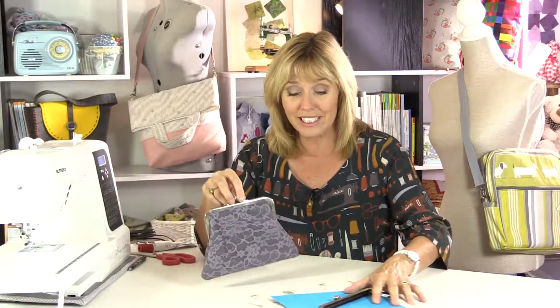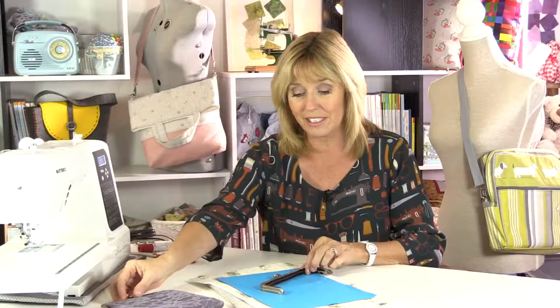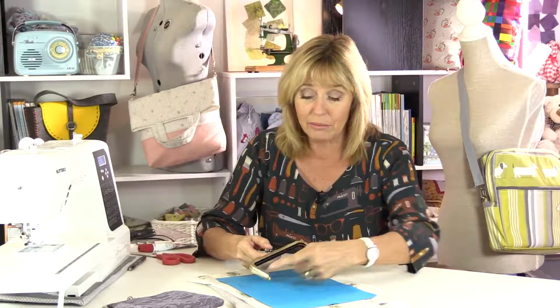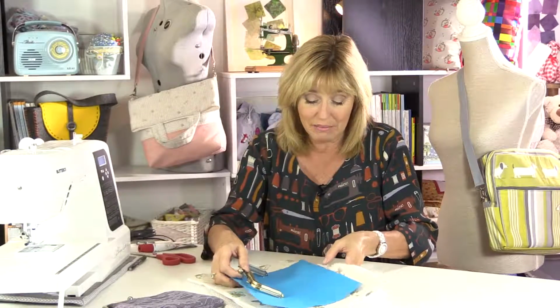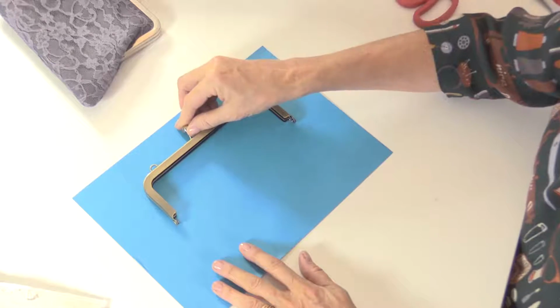So the first thing you're going to need is your metal frame. This can be any size that you like. Do make sure it's a glue-in one. The glue-in one doesn't have the holes around it. The ones with the holes in are for sewing in. For this one, we're looking at glue-in. You're going to need a piece of paper or card to make your template from, and you'll need a pen